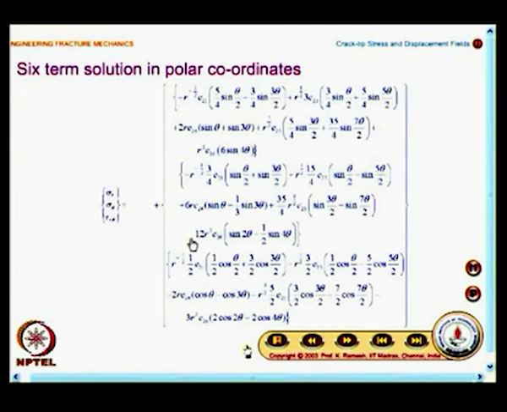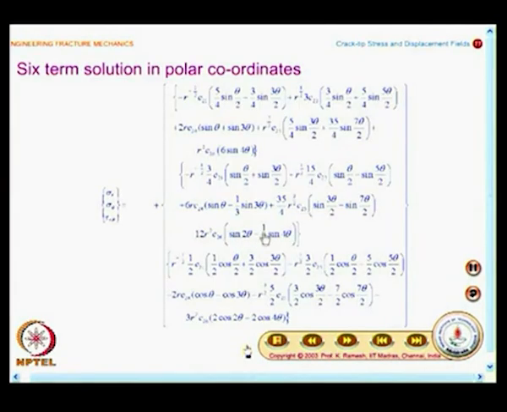And the last term is plus 12 r squared C26 sin 2 theta minus half sin 4 theta,